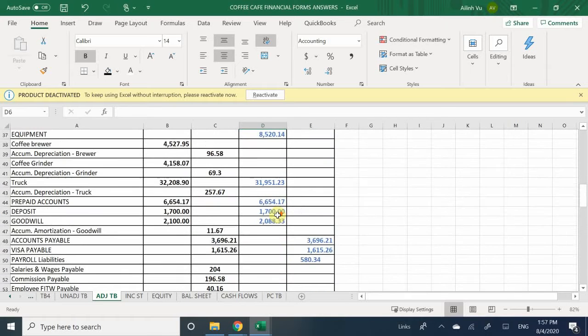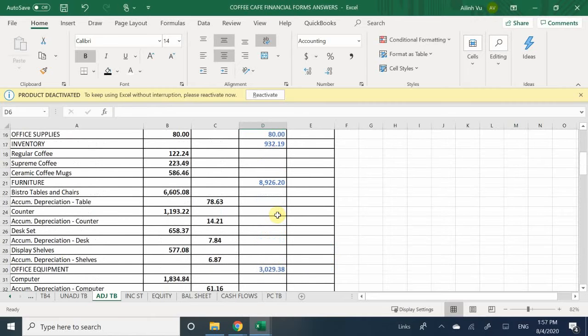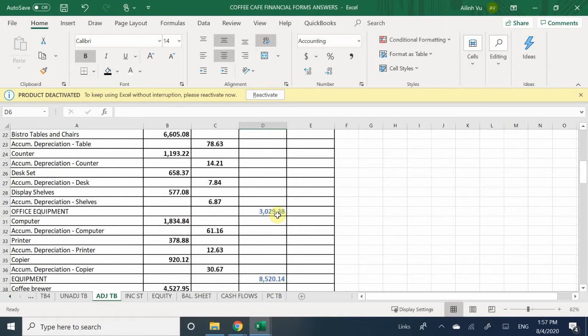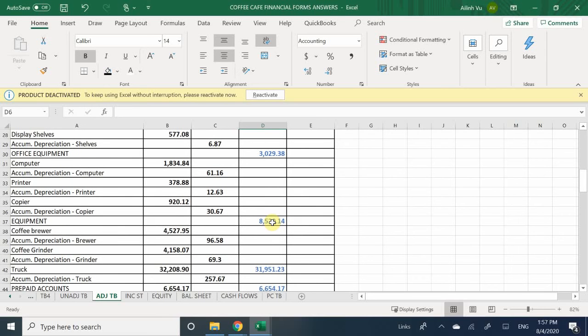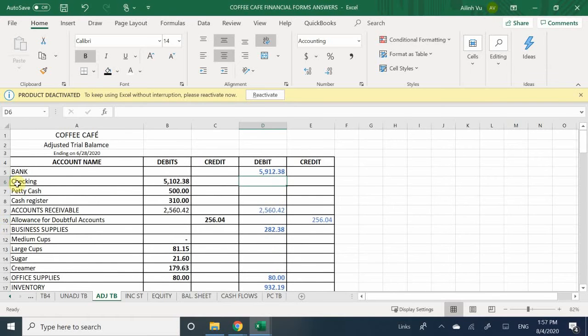Yes, this is the adjusted trial balance. So this is after we completed our depreciation expense, our transfer of inventory, periodic into regular inventory, our supplies expense, everything that we've done up to now. All right, so this is the adjusted trial balance, okay? And once you've completed the adjusted trial balance, that's where you can go ahead and move on to the very first